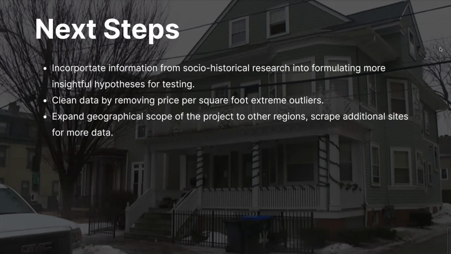To further expand on our project, we would like to do more research on the socio-historical context of housing in Providence and specifically curate our hypotheses to address these issues. This can help us draw more significant conclusions from our work. In addition, while working on our project, we noticed that several outliers, like properties that weren't officially considered houses, properties with odd attributes, or properties with extreme pricings, impacted the accuracy of our results, especially the results of our prediction model. For example, there were Redfin data points that were selling large stretches of empty land as house property type. Therefore, to improve on our project, we would like to further clean our data, perhaps by looking at the entire price per foot and weeding out the extreme outliers.